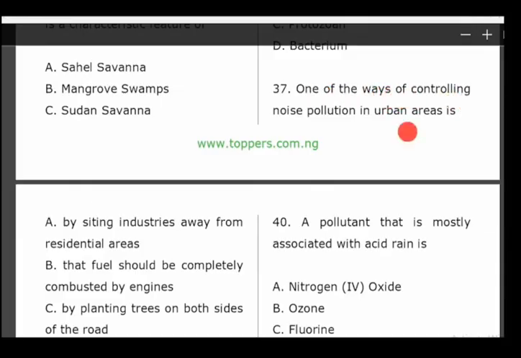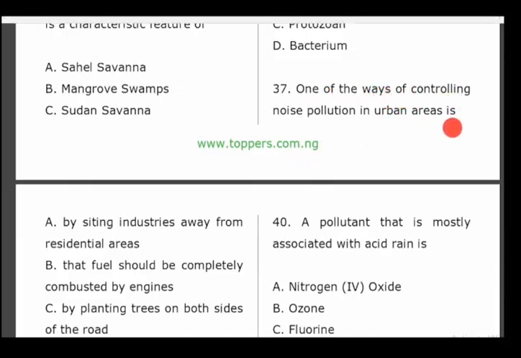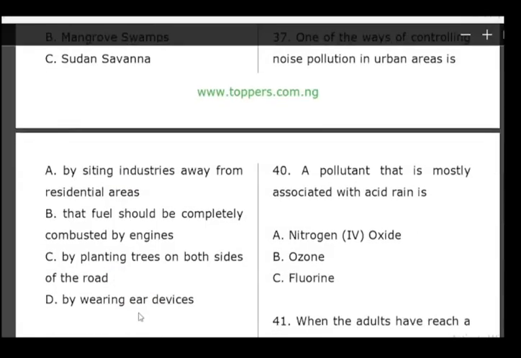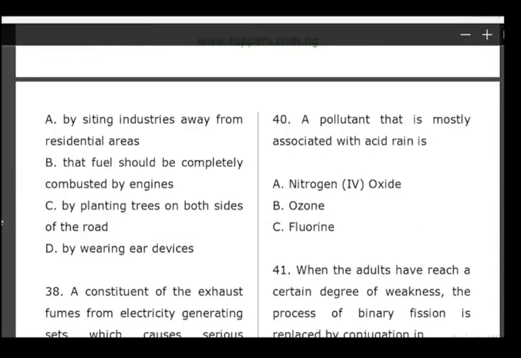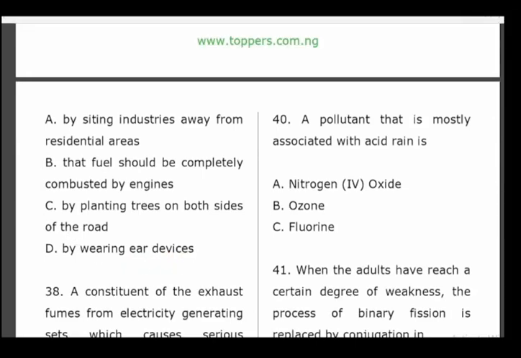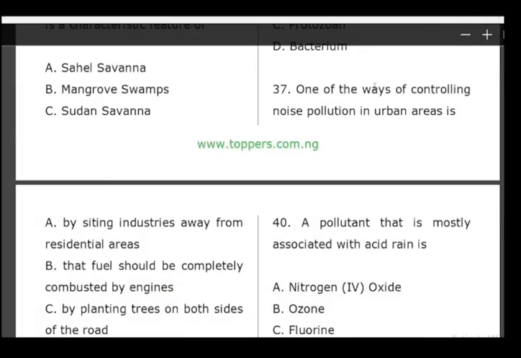One of the ways of controlling noise pollution in urban areas is A, by siting industries away from residential areas. B, that fuel should be completely combusted by engines. C, by planting trees on both sides of the road. And D, by wearing ear devices. Now when we are talking about noise pollution and ways to control noise pollution,